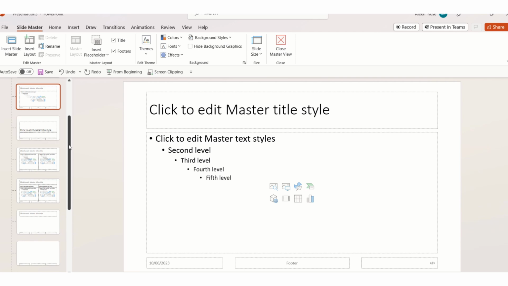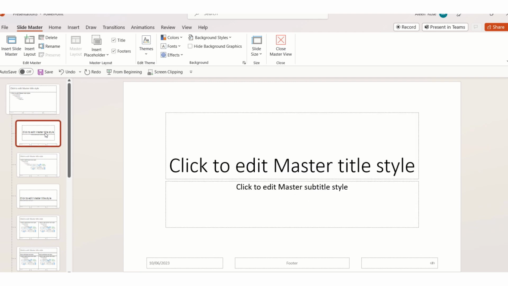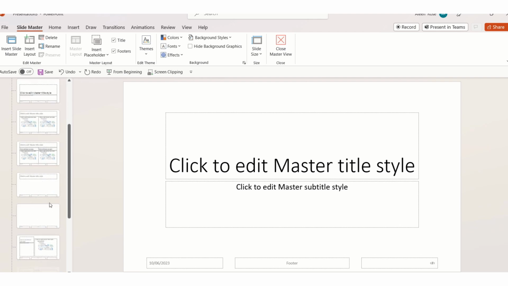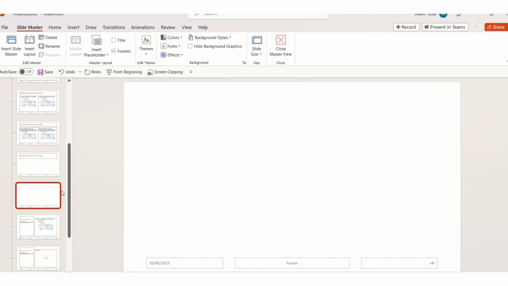Okay, so we have different types of layout, right? Like we have the title with content, title only, blank page, content with images. We have different layouts for the slides. So we can set a master slide for any layout. Suppose mine is a blank one, I'm choosing the blank one. So here